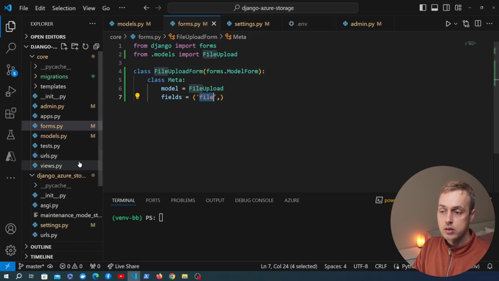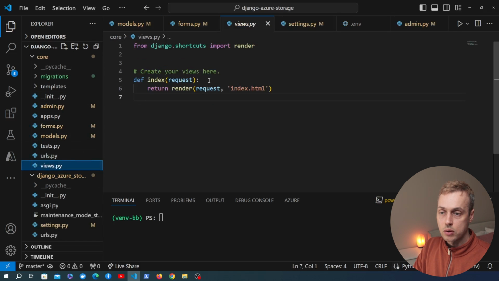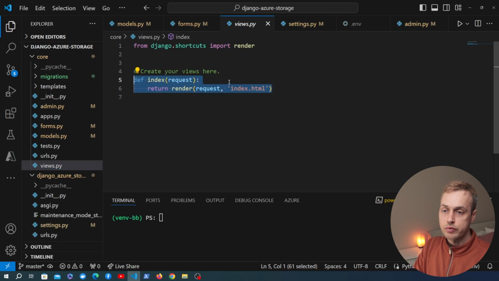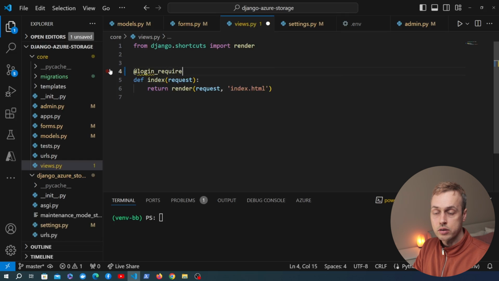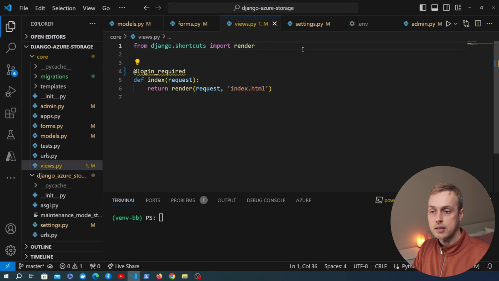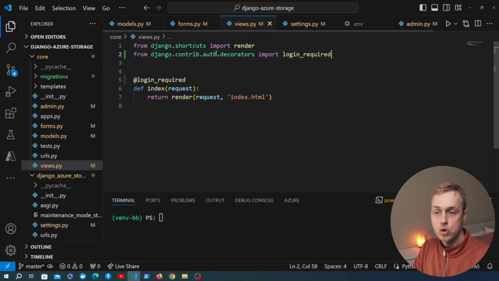Now we need to actually render the form on a page, so let's go to views.py, and we have a very simple Django view here. Now because we want to associate the upload with a user, we're going to protect the view with the login_required decorator, and we need to import that at the top. So I'm going to do that at the top here from